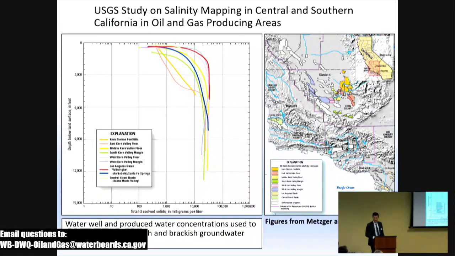Sorry to be drowning you in data today, but this is another visualization that looks at depth below land surface in feet, and on the x-axis, total dissolved solids in milligrams per liter. And as you can see, if you head up this 10,000 parts per million line, just as was shown in other data from other studies,